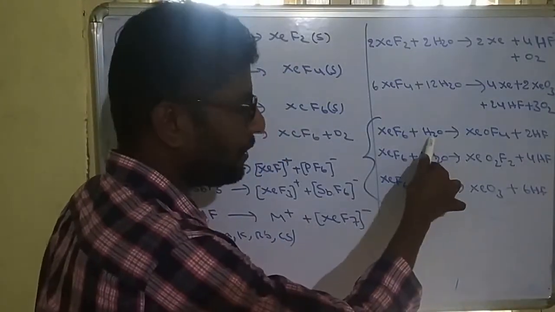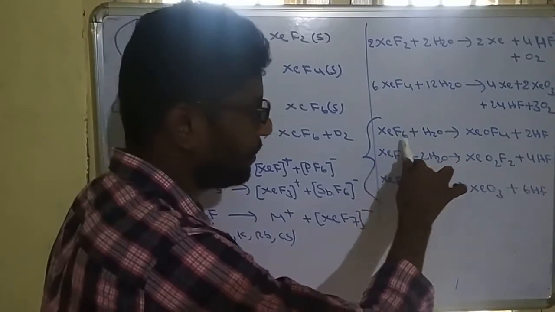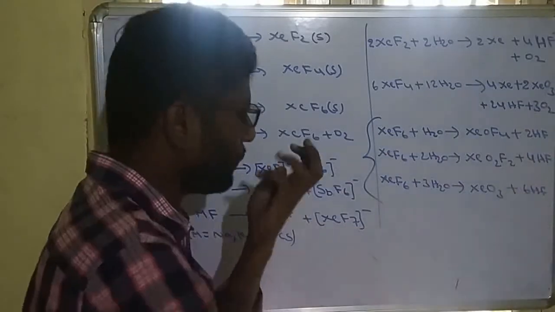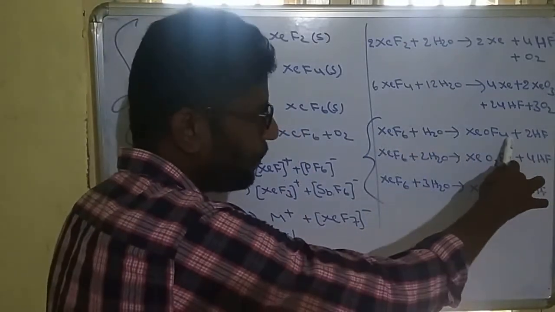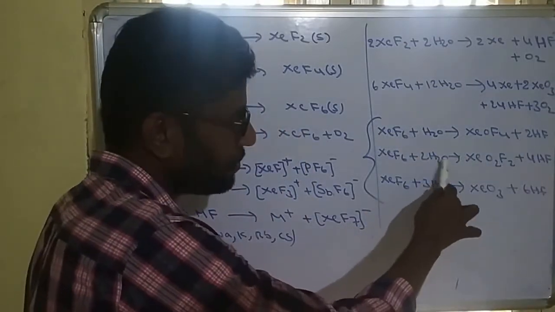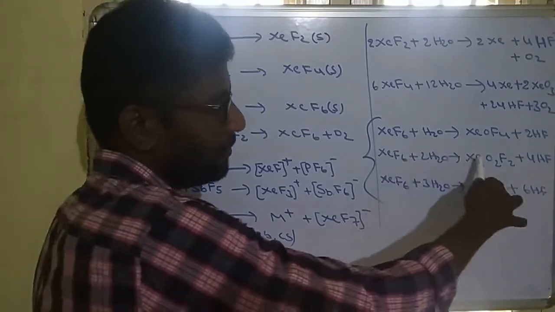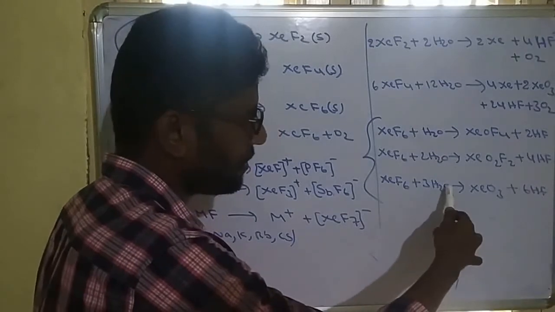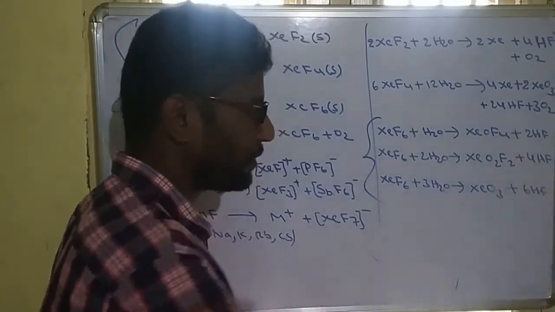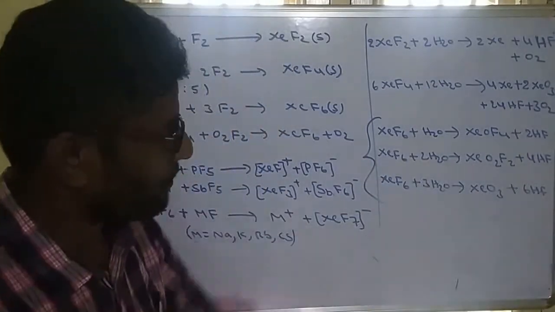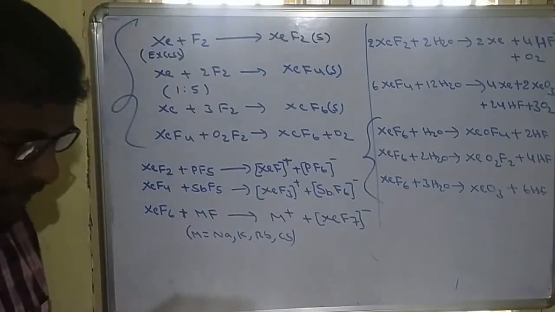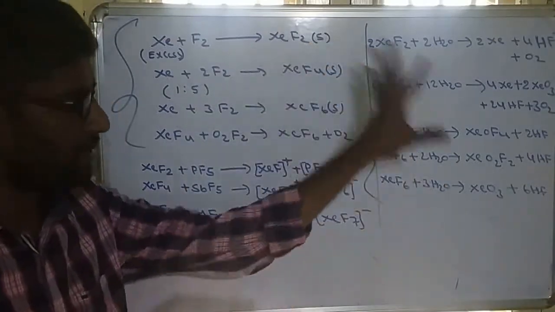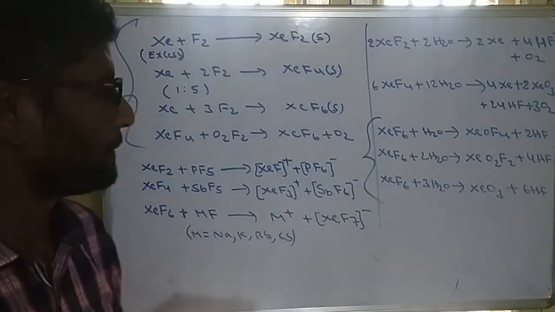With one water molecule, oxygen will go inside, two fluorines will go outside, because oxygen valency is 2, it replaces 2 fluorines. It will form XeOF4. With 2 water molecules, 2 oxygens will come inside, forming XeO2F2, 4 fluorines will go outside. With complete hydrolysis, 3 oxygens will go in, forming XeO3, and all fluorines will come out as HF. So these are very important reactions. Mostly any equation will come from these. These are just 10 or 12 equations we have to practice.